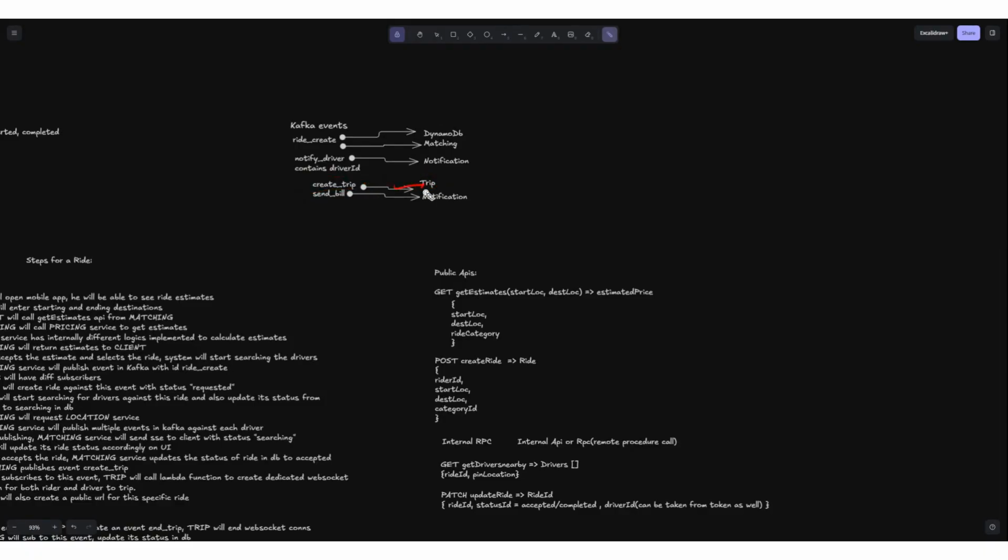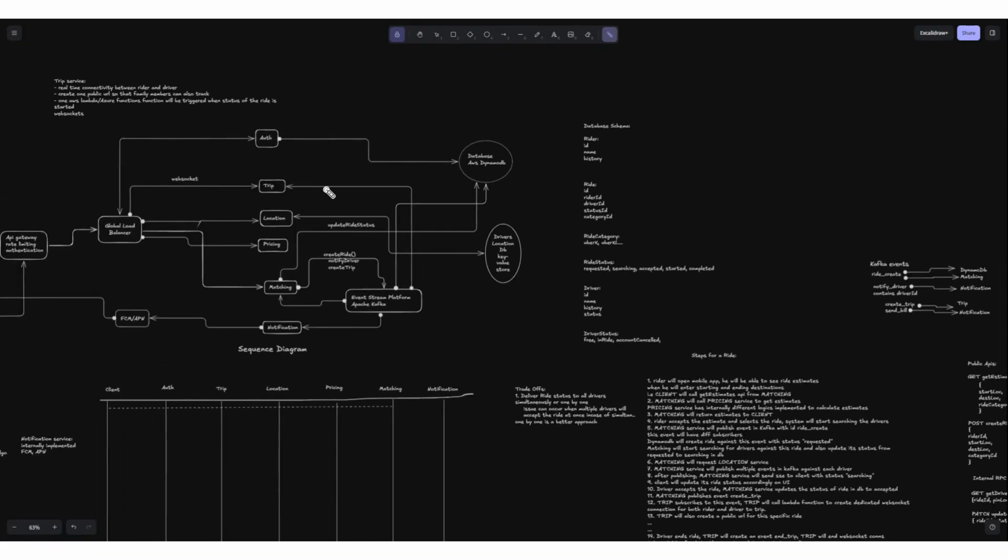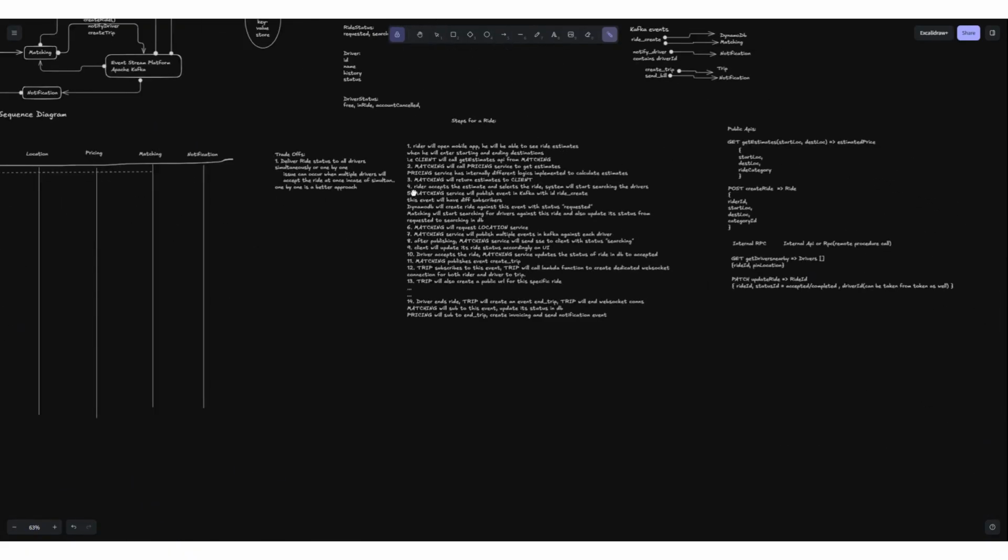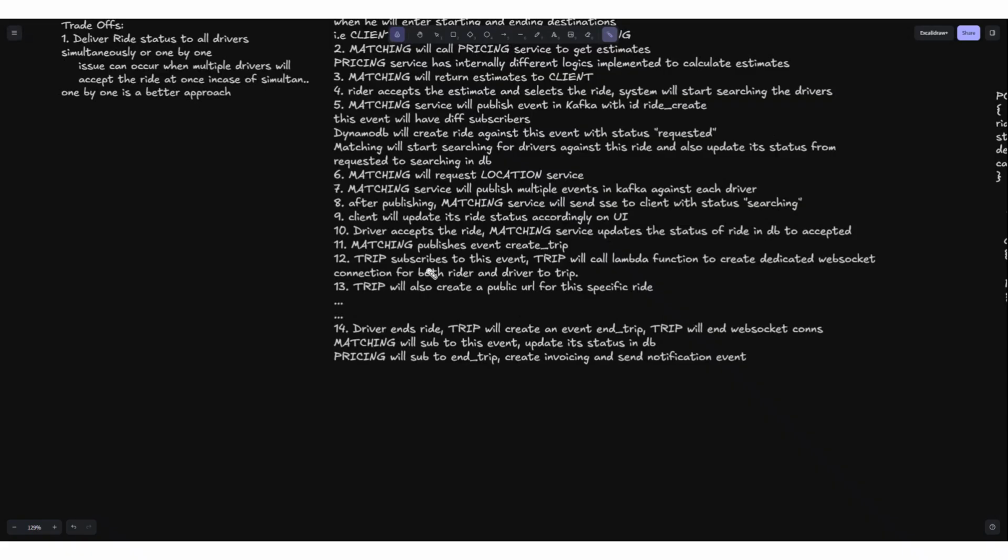So the Lambda function within trip service is triggered, and what will trip service do? Trip service subscribes to that event. Trip will call a Lambda function to create a dedicated WebSocket connection for both rider and driver to the trip.